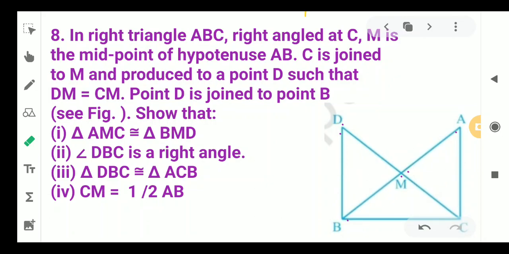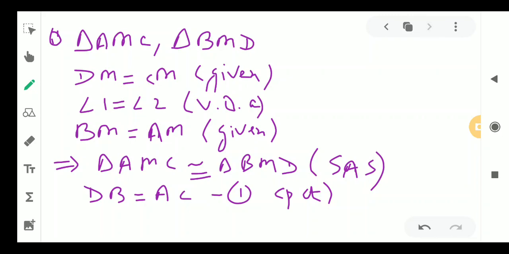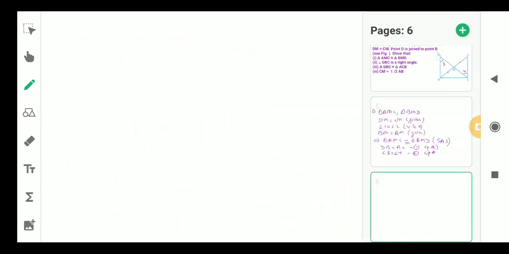So we have shown these two triangles are congruent. Suppose this is angle number 3 and angle number 4. So angle 3 and angle 4 will also be equal because the sides BM and AM are equal in congruent triangles. So the angles opposite to them will also be equal by the CPCT criterion. So we can also write angle 3 equals angle 4. Suppose this is result number 2 we are writing, and again by CPCT, because the two triangles are congruent, so their corresponding parts will also be equal.